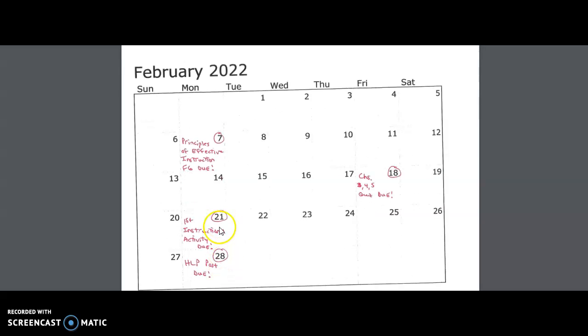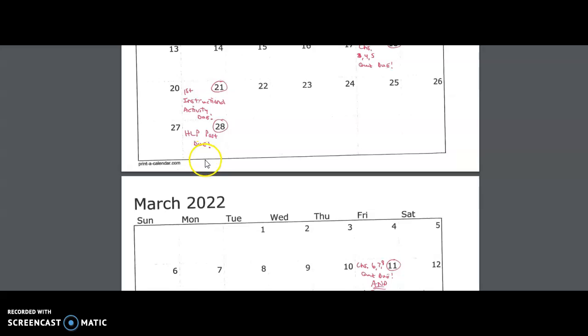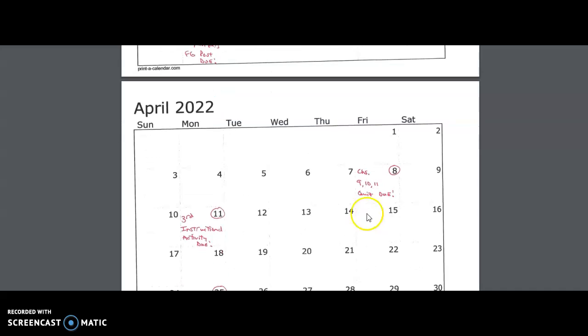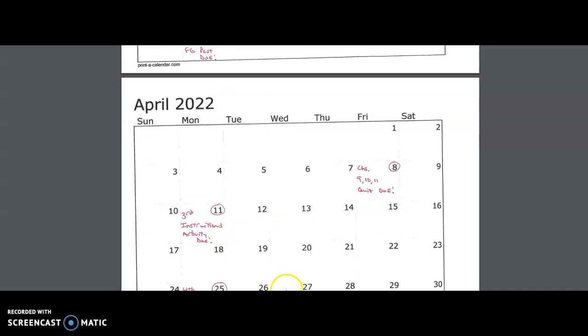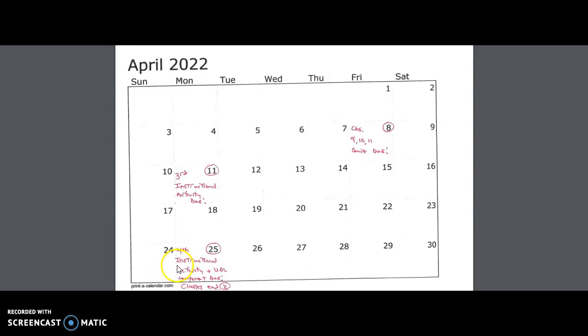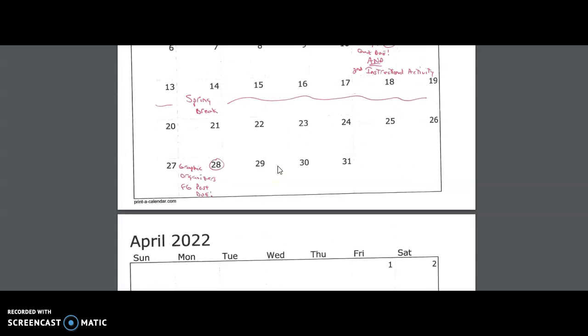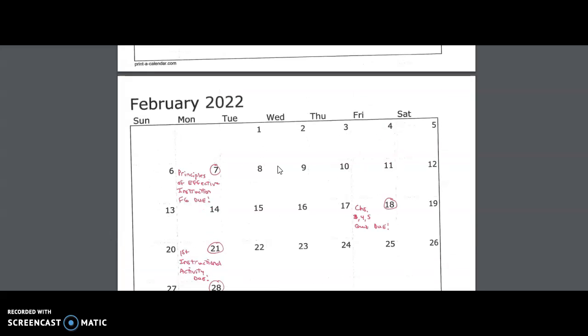I'll also do another video about these instructional activities. There's the first one, and then I'll get back to the HLP. There's the second one due before spring break on purpose for y'all. There's a third one, and a fourth one. So there are 4 instructional activities. They are all pretty much exactly the same, except for the last one, you will add a component about universal design for learning. I will do a separate video about those instructional activities, probably right after this video.